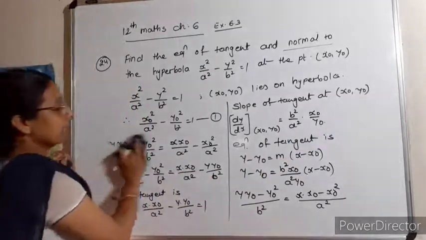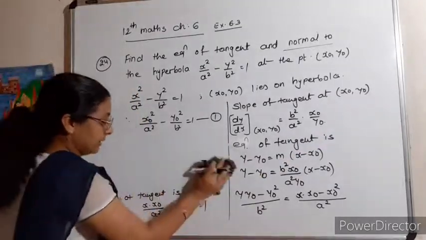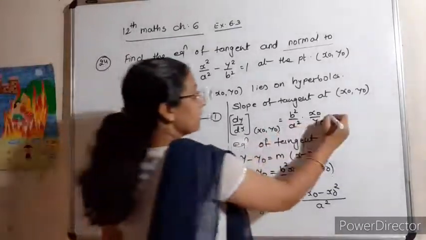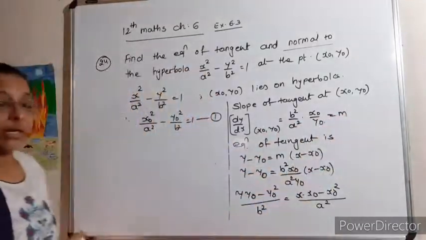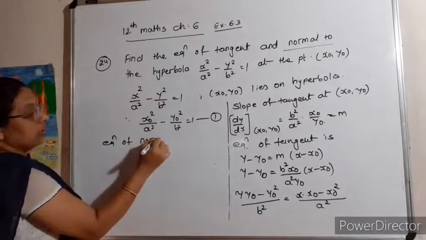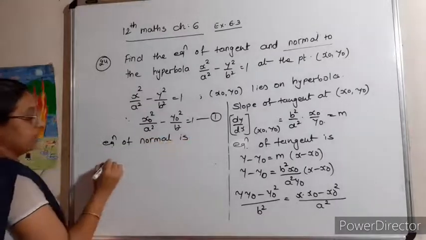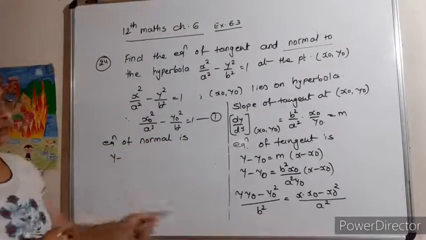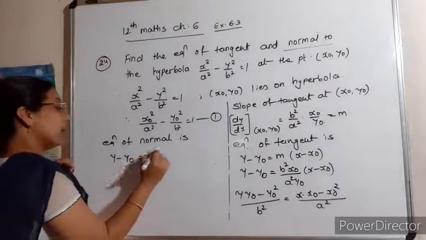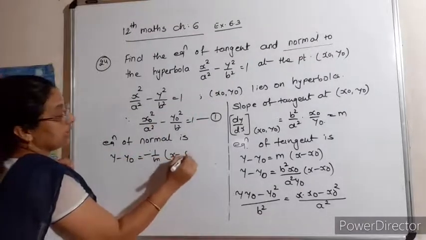And if you want, we can also write it directly. How to write it directly? This is m. Now the equation of normal is y minus y1, but y1 is y0, so we write it directly, minus 1 upon m into x minus